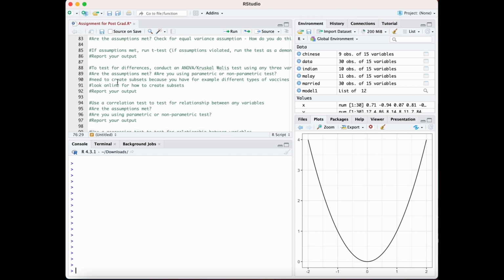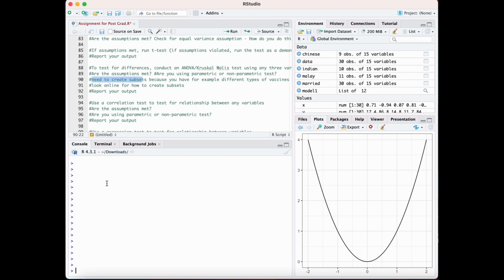Conduct an ANOVA or a Kruskal-Wallis test using any 3 variables. So first, what are the assumptions met? We're using parametric or non-parametric. ANOVA is a parametric test, whereas Kruskal-Wallis is a non-parametric test. The difference between parametric and non-parametric is that parametric assumes a normal distribution on the data set, whereas a non-parametric test has no such assumption. Okay, so